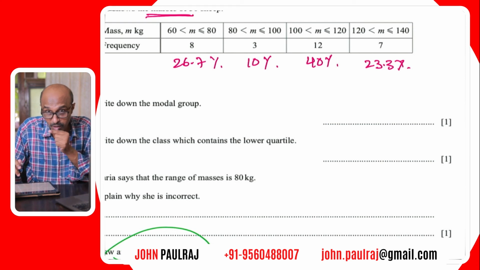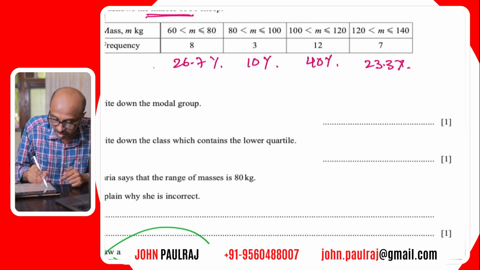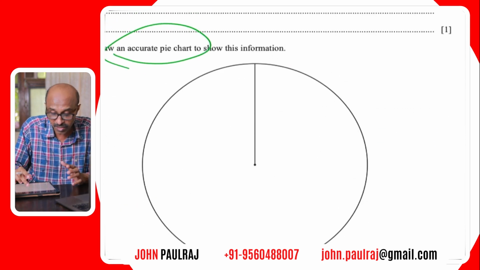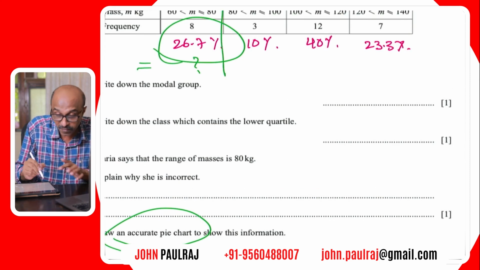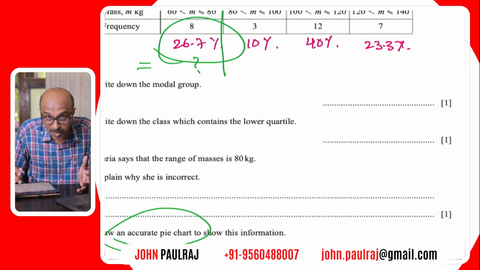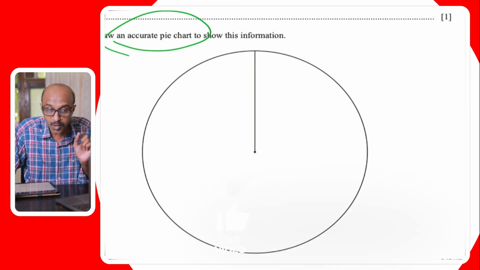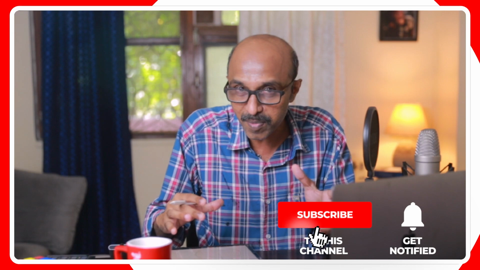Remember, as I said, you need to draw it on your answer paper. This is going to give you the percentage of the total angle. The total angle in the circle is 360 degrees. So you then calculate what the angle should be corresponding to each of these sectors, and then use your geometrical tools, and then you draw your pie chart physically. This was just to give you a tip of how to use the calculator to draw the pie chart using that information, especially when the data given is numeric.